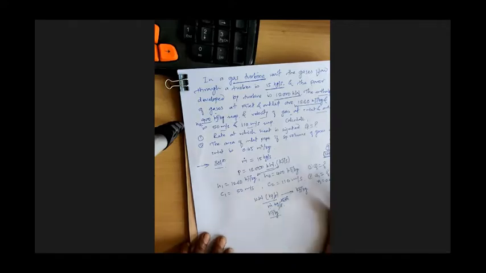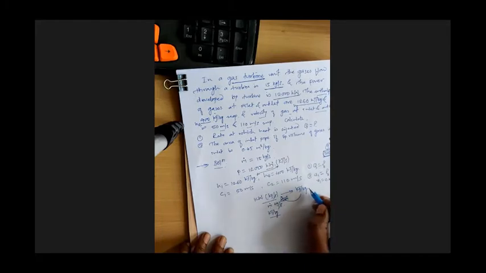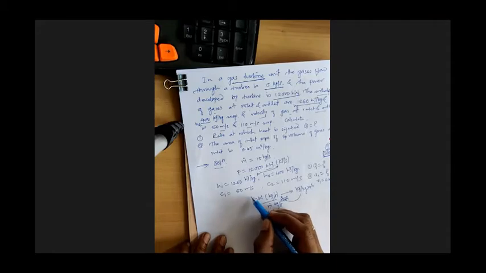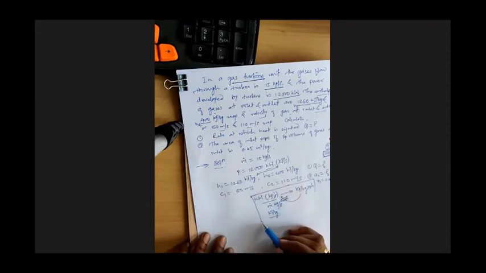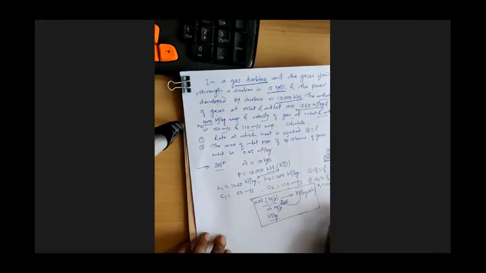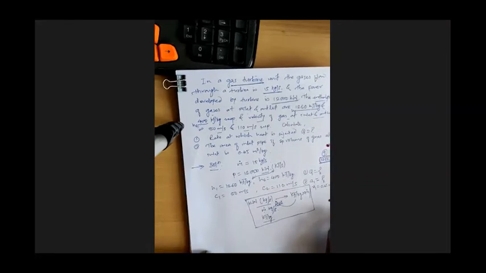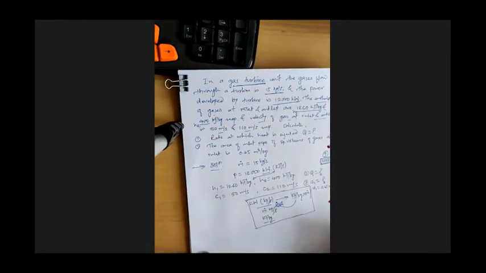And in the end, if you need to convert kilojoules per kg into kilojoules per second, in that case we need to multiply it by the mass flow rate. So remember this thing, we are going to use it very often. If you have any doubt in this conversion, let me know. Even while solving the numerical, if you get confused in this conversion, you can freely ask me.